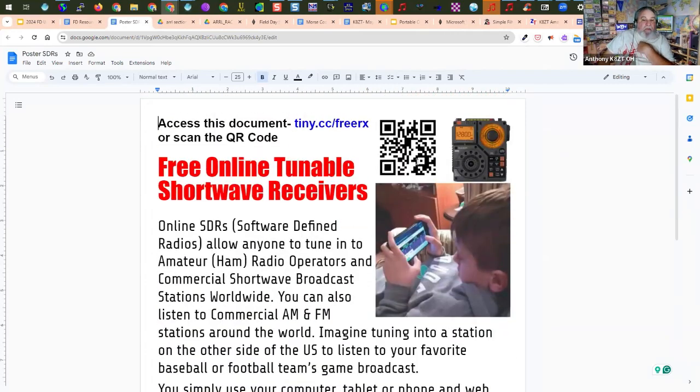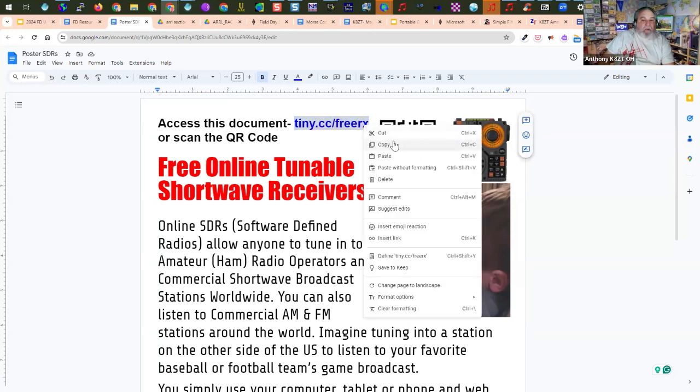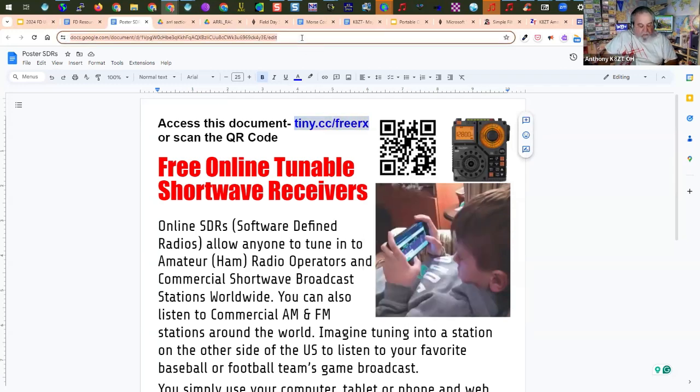So this is the kind of thing to have on your education table and your visitors table. They can shoot this QR code, and that gives them the ability to listen on HF, and you can tell them what frequencies to listen on. When you go to this link that's actually in here, this link that the poster takes them to will show them the band plan,